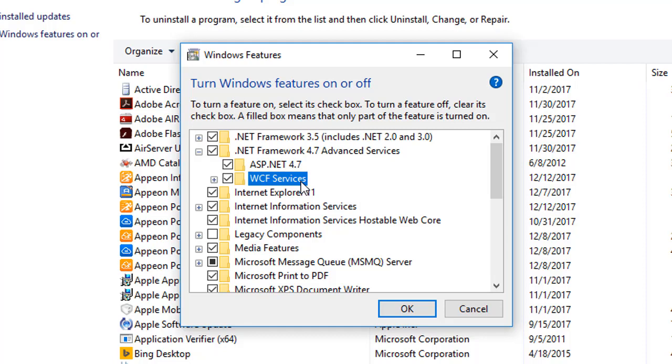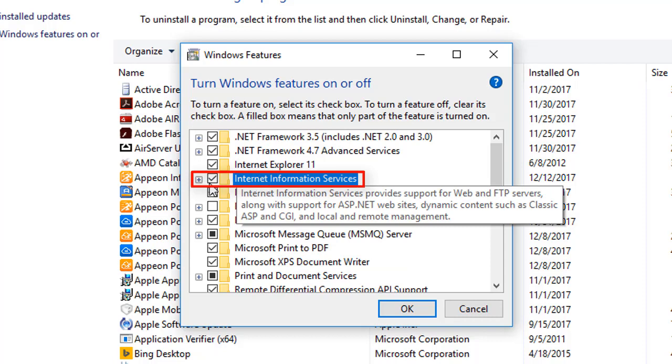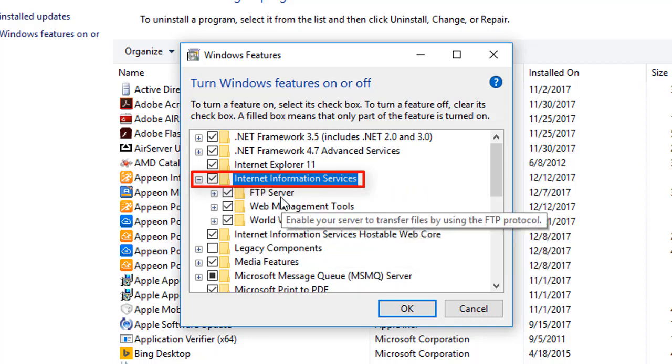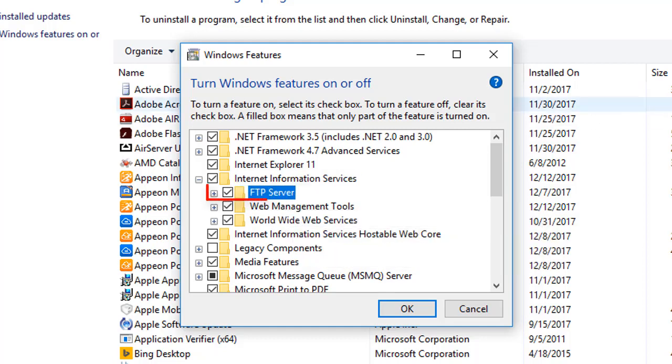Again, if you're using Visual Studio or the older PowerBuilder .NET, which is now end of life, you still may want to check the WCF services because you may be using them with different development tools. For Internet Information Services, if we expand that, you'll see three main areas: FTP, Web Management, and World Wide Web Services. For FTP Server, this is optional for PowerServer, but note that both PowerServer Mobile and PowerServer Web applications do have the ability to call FTP services and upload or download files from the IIS server. So if you're planning on using FTP in that aspect, make sure you check that,